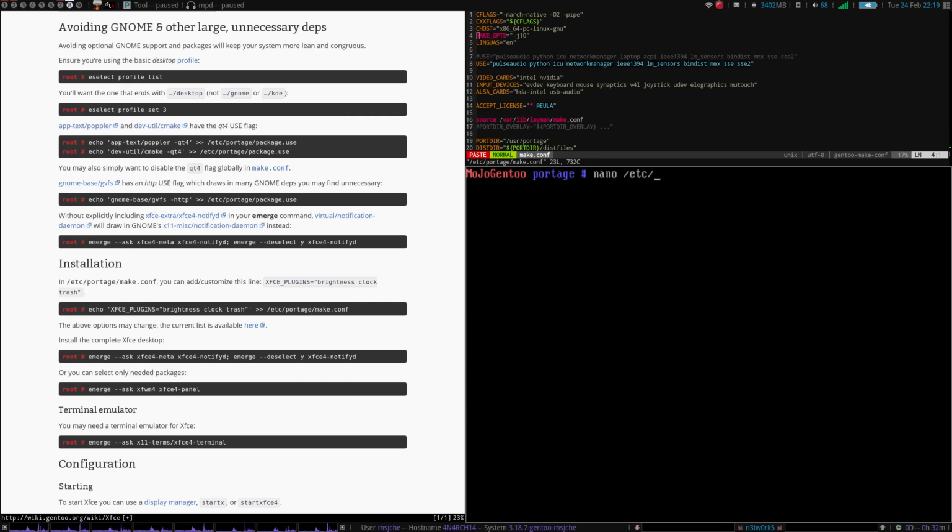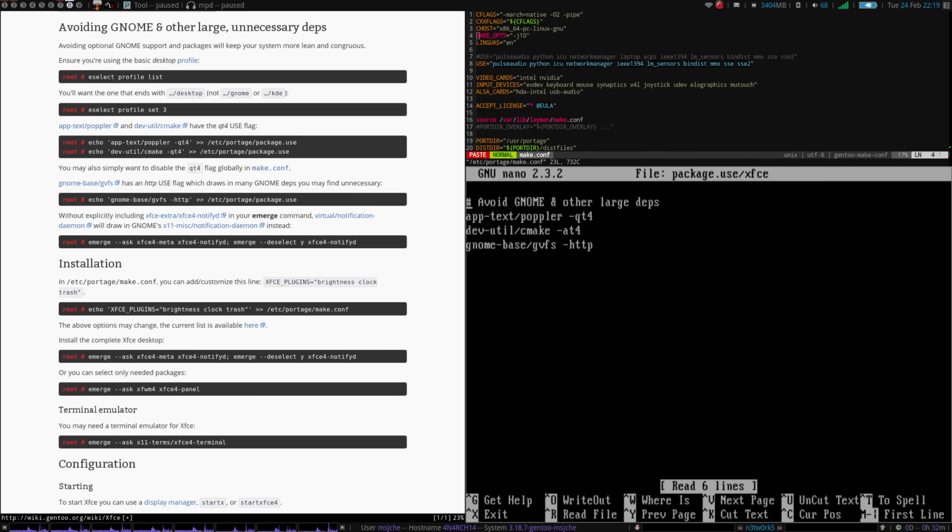Nano /etc/portage/package.use/xfce. And again, we can just put everything in here for Xfce, so we can have XFCE_PLUGINS equals brightness, clock, trash